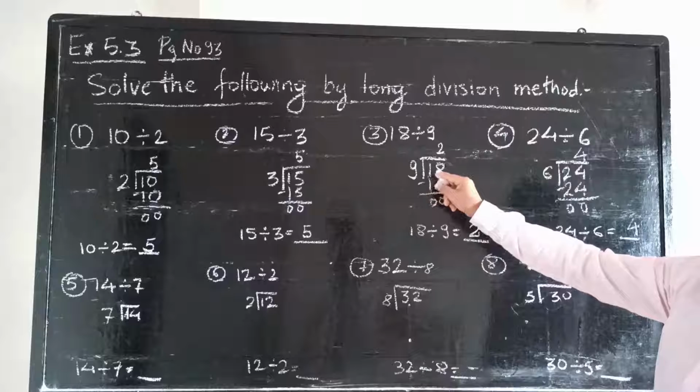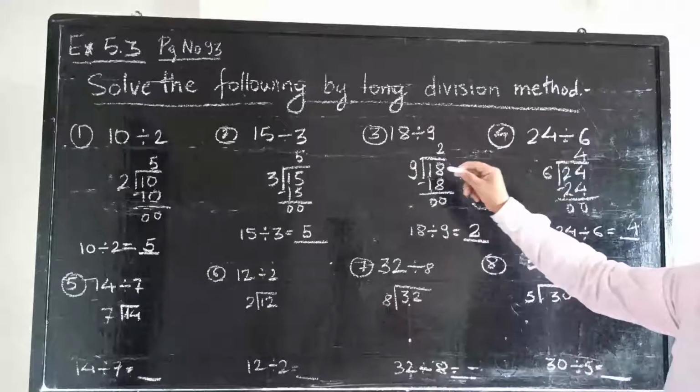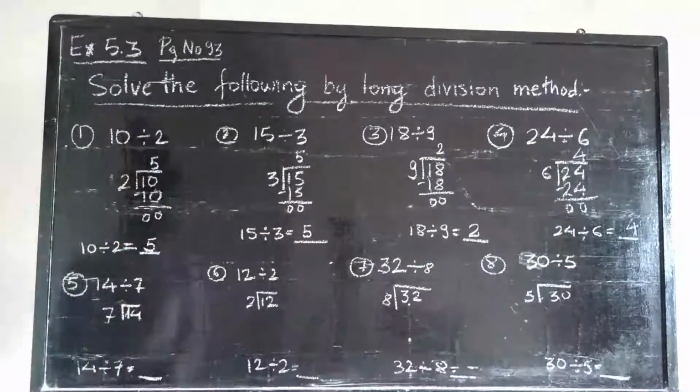6 fours are 24. So remember where I am writing the quotient. Because I am not taking this 1, I am taking this 2, 4, now you have to write above 4. Zeros have been written above the ones, here also above the ones. You must write the number there.